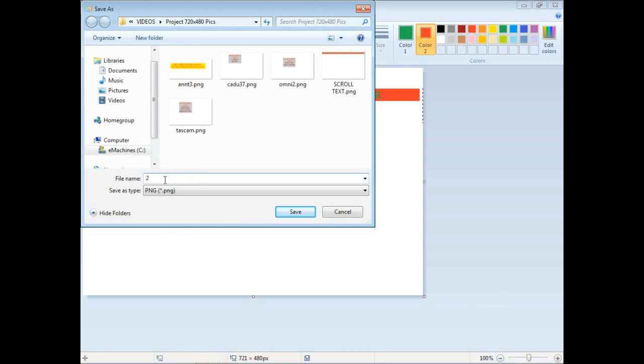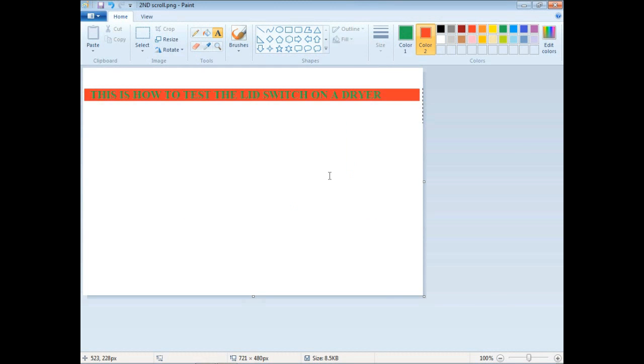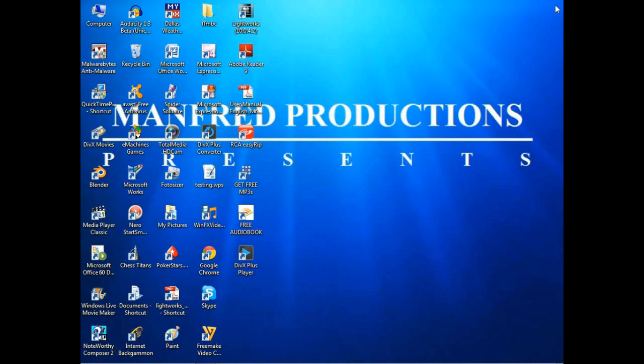Now I'm going to save it, and put a name for this file. I'm going to make a note to myself of where this little clip is located, so I can find it easily in a minute when I need to go find it. So now that it's saved, I'll open up